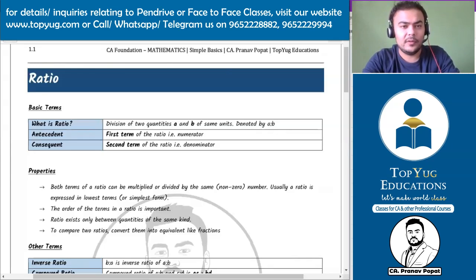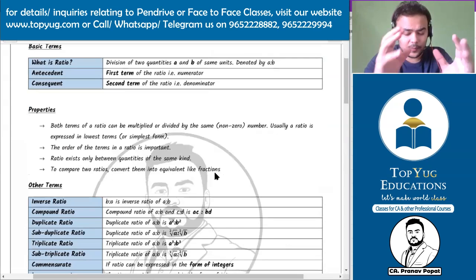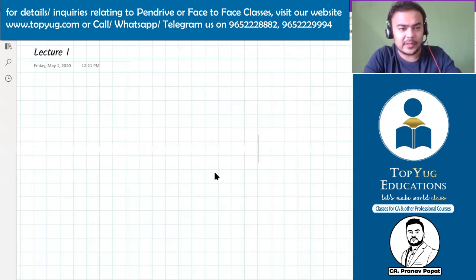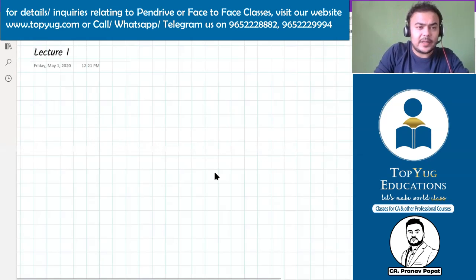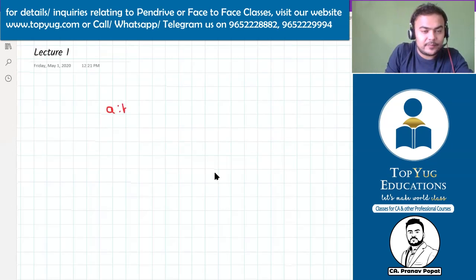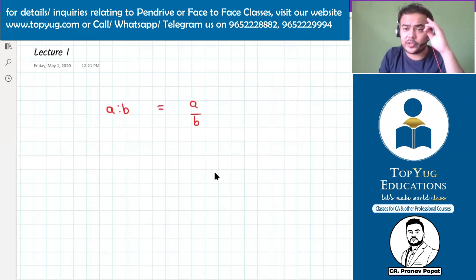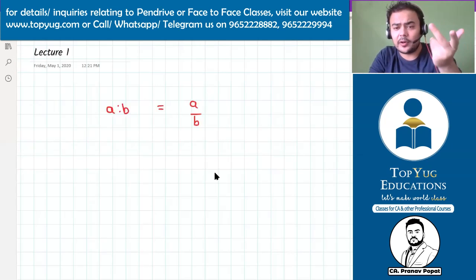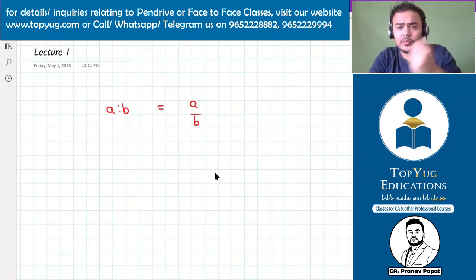Okay, very good. So now, first let's understand what is ratio. Ratio is a division of two quantities of the same units, denoted by A ratio B. So ratio is a very simple thing. We already knew this. It's simply a division, right? Even if we denote it like this, A ratio B, still it is nothing but A upon B. Then the question comes to my mind, what was the need of ratio? It is a division. We already know the divide sign. Then what was the need of the ratio as a whole?